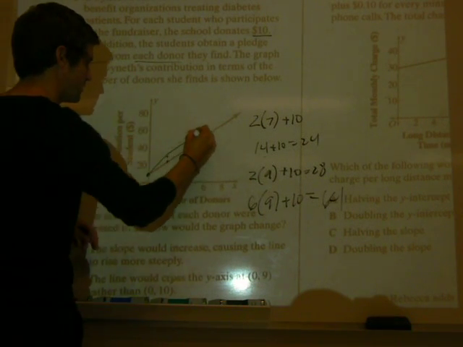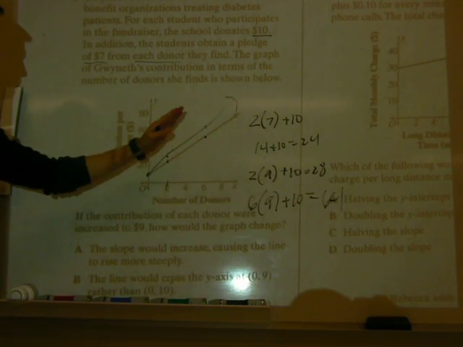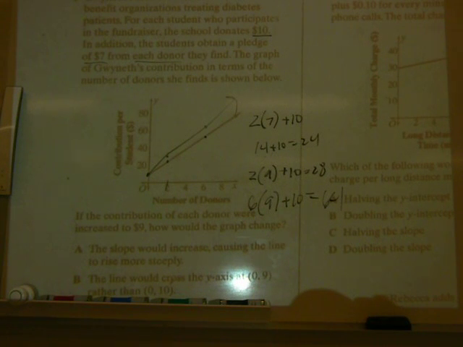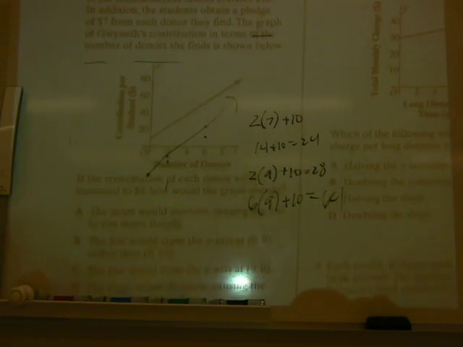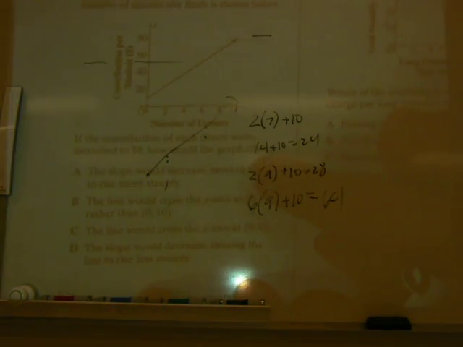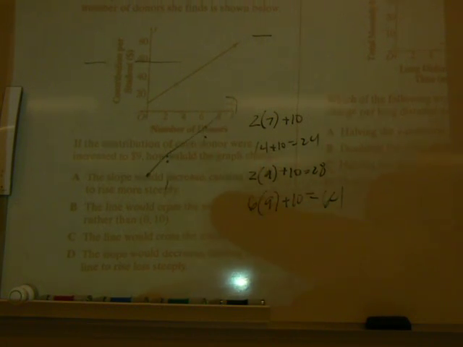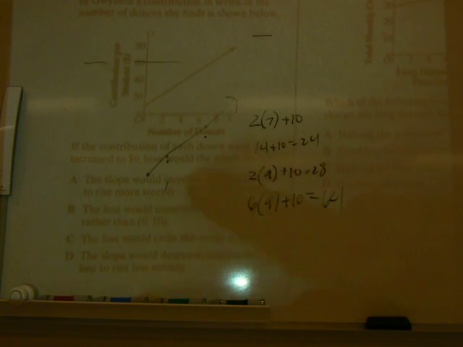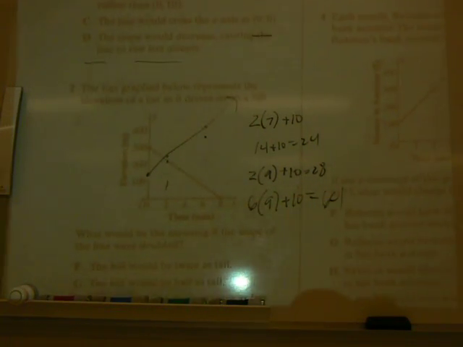So what's going to happen? Well, the slope is going to increase slightly on that, okay? Let's see. Answer choice A. Slope would increase, causing the line to rise more steeply. B. Line would cross y-axis. No, slope would increase, causing the line to rise more steeply. Answer choice A. So I don't have a lot of time, so I'm going to go through these kind of